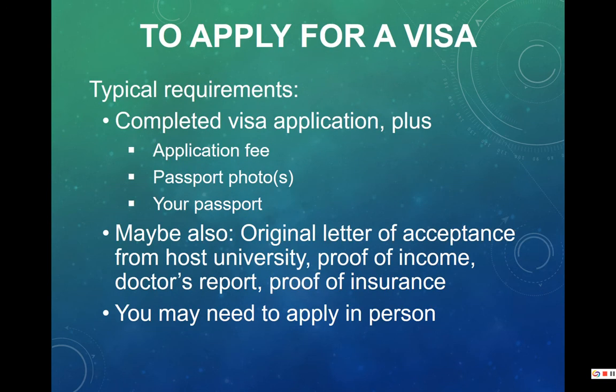To apply for a visa, just to give you an idea of some of the types of things that may be asked for, there usually is some sort of visa application, which might be a PDF that you fill out or something that you handwrite that has information about who you are, where you're going, how long you're going to be there. They often will charge some sort of application fee to cover the cost of doing the processing and everything. They often will require a passport photo or photos, and there'll usually be a spot where you have to